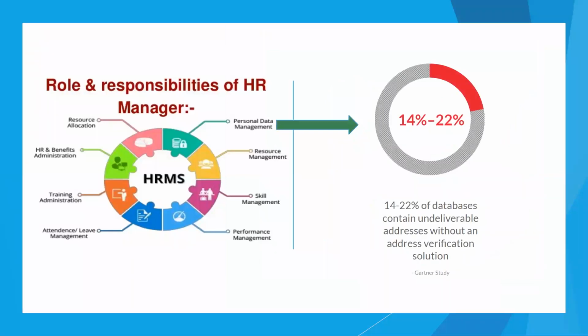Now you might think to yourselves, Brandon, HR personnel have already so much on their plate. They have the roles and responsibilities you mentioned earlier, as well as now you're saying they need to collect information, keep it up to date, and make sure that it's free from any errors. Why? What's the point of it? Well, like I mentioned before as well,